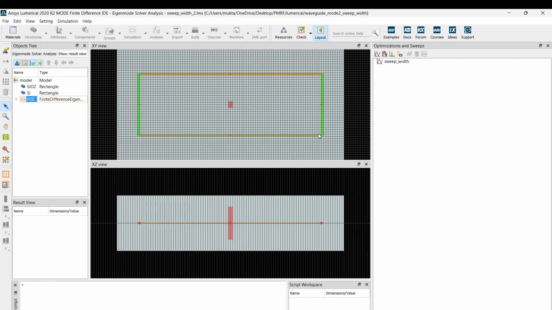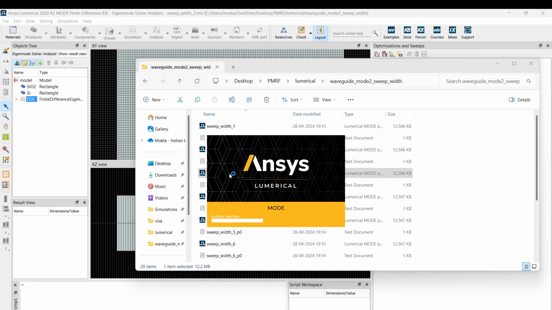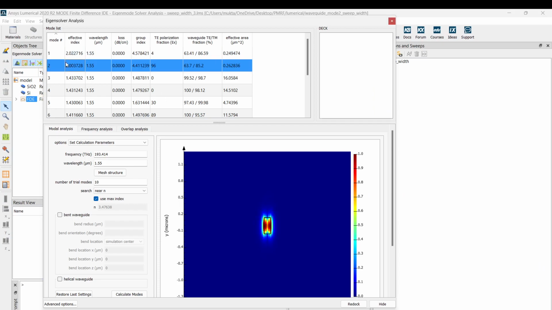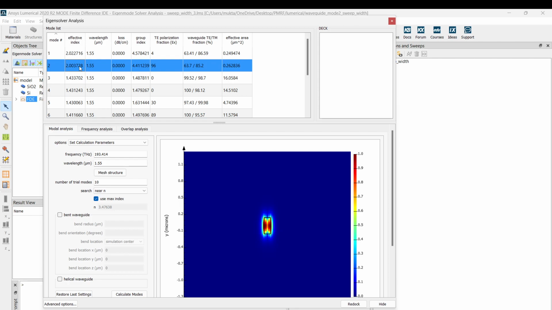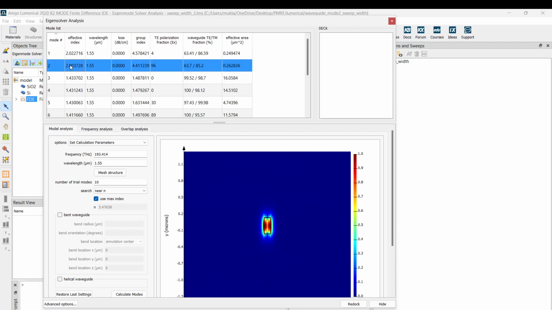Let's see the third option. So in the third case, we see there are two modes that are confined in the waveguide. One is a TM mode, again the previous TM mode that is still there, and then there is also a TE mode. So usually what happens is we will send a TE polarized light or a TM polarized light into the waveguide.